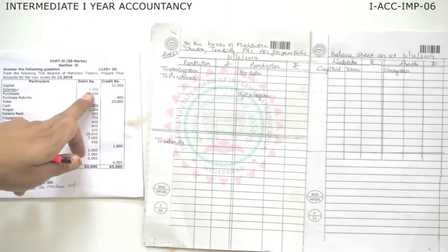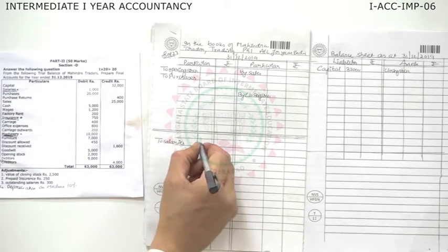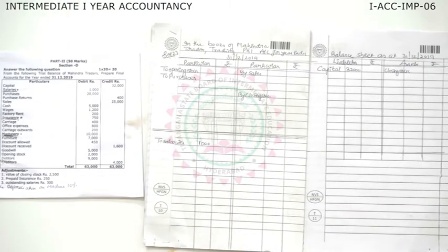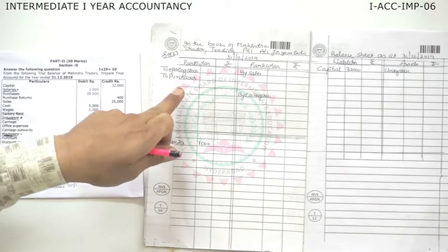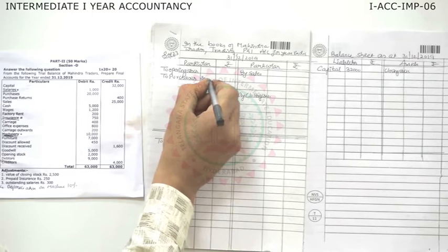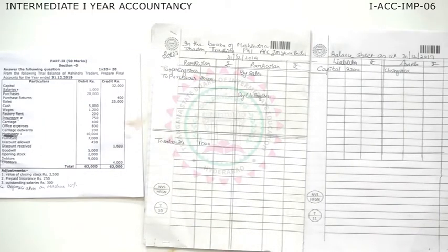How much is the amount? 1,000. And I'm writing in inner column. Why I'm writing in inner column? Because we have marked the adjustment. Then we have next item called purchases. Purchases comes in trading account. So already we wrote and kept purchases. We'll fill the amount 20,000 in inner column always.